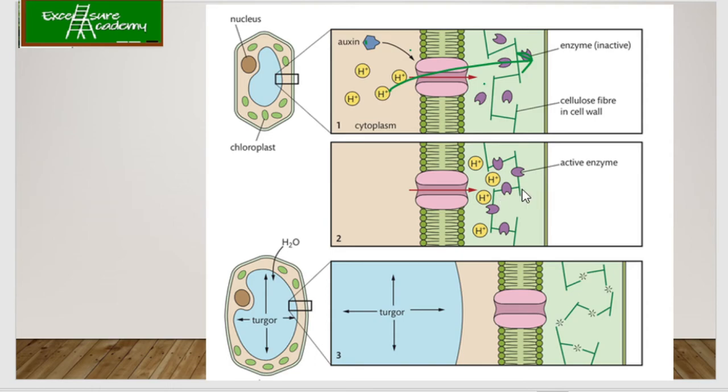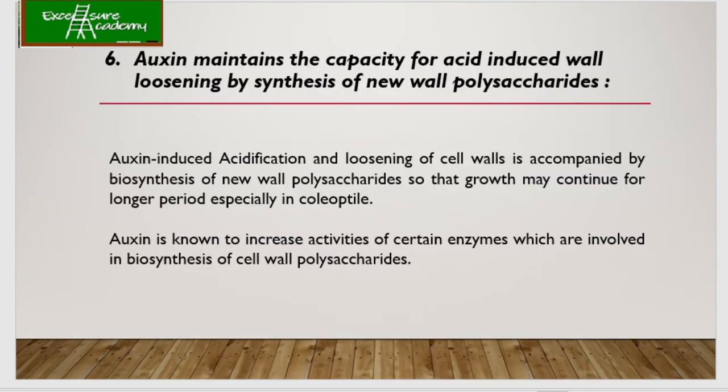So the cell wall fibers like cellulose get activated. Because of this, there will be more intake of water into the vacuole of the plant. When there is an increase in water uptake, there will be an increase of the turgor pressure on the cell walls. When there is an increase in pressure, the cell wall gets extended, and this is how it helps in cell wall elongation.